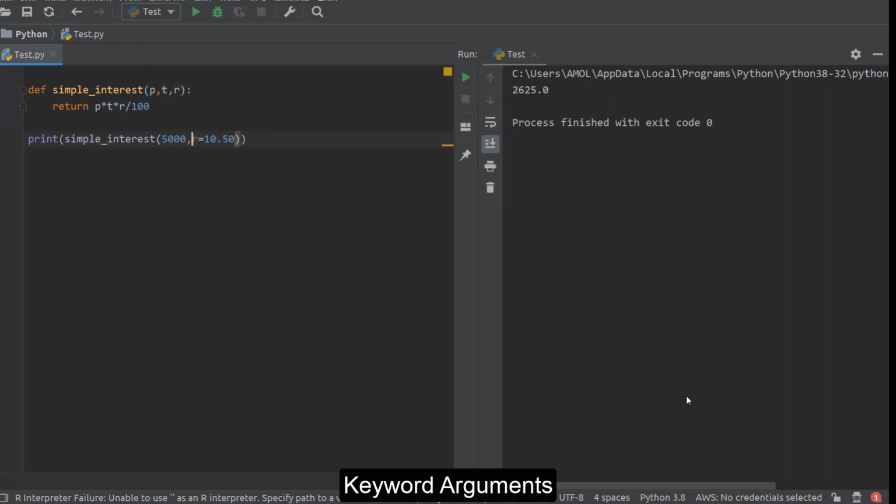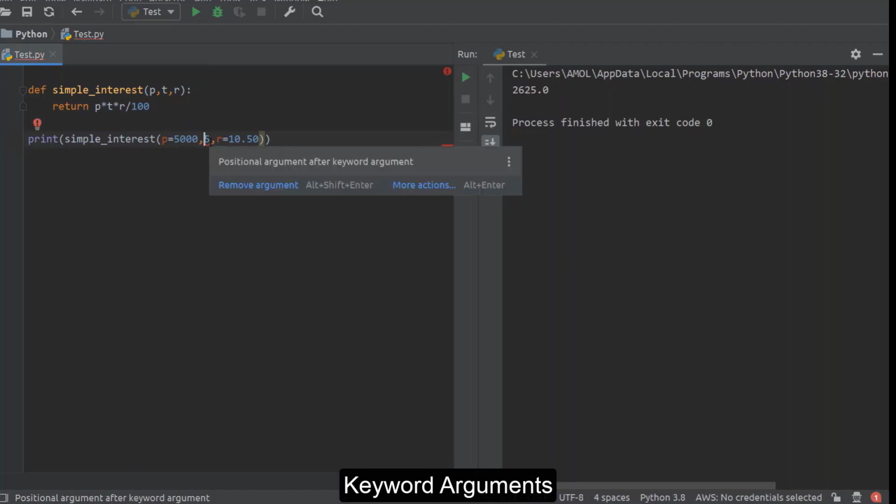But in this case, there's one compulsion. This option we can manage from left to right only. Means if you want to use the second argument without keyword, the first one should be used like this. See, now we are using the first argument as a keyword argument, but we are not using the second argument as a keyword argument, so immediately you are getting an error: positional argument after keyword argument.